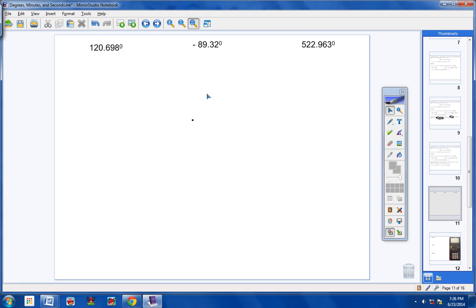All right, let's convert this right here, negative 89.32 degrees to degrees, minutes, and seconds. So here we go. First of all, bring down your negative sign. I know that I have 89 degrees. Now, I have 0.32 of 1 degree. So remember, students, what do we multiply it by? 60. So I have 0.32 times 60. And if I do that correctly, I will get